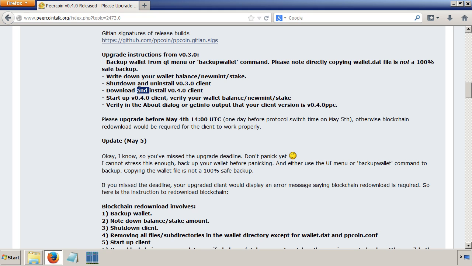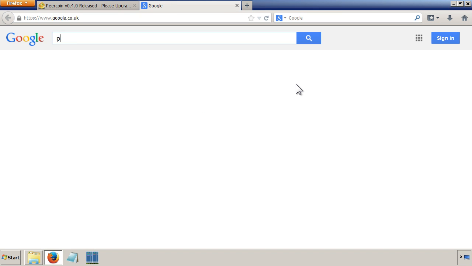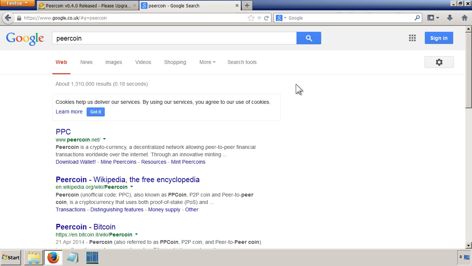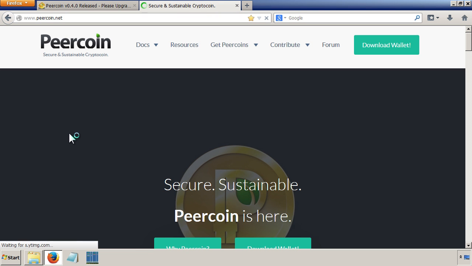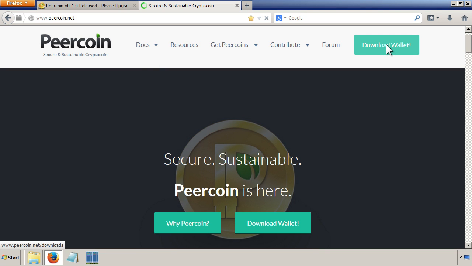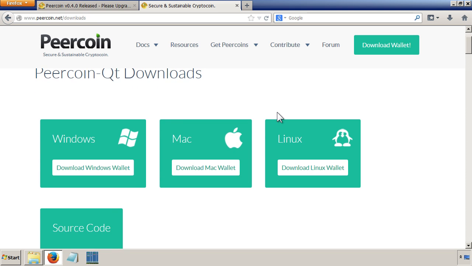Okay, so the next step is to download and install the version 0.4 client. And you can find that at the Peercoin website, so I'll just go to that. Okay, and there's a download wallet link to click on.